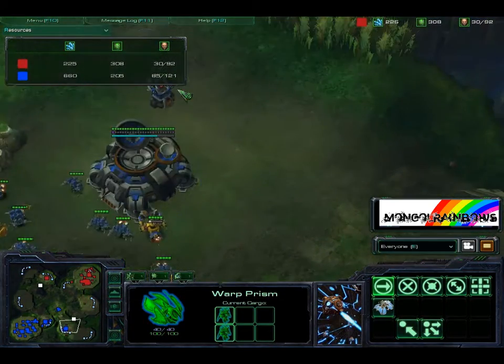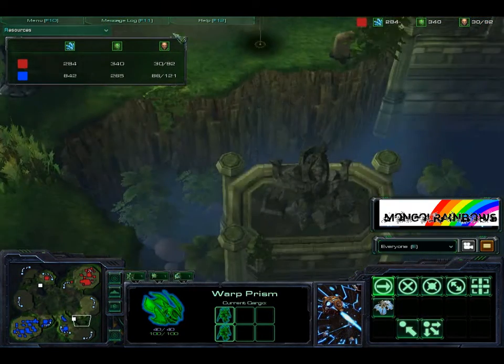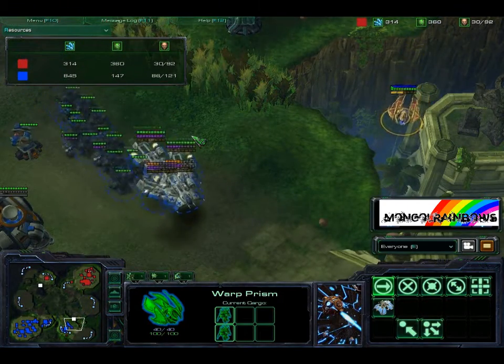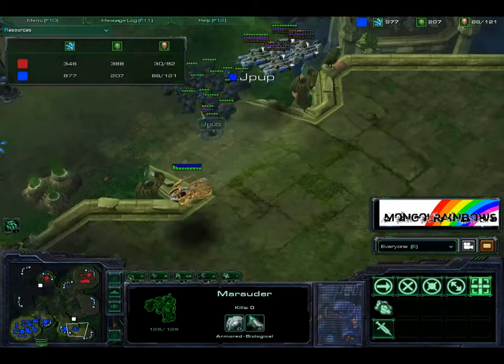like there is at least 1 turret up, which is going to make this warp prism play a little bit harder for cheesechild. And jpup is psychic. jpup knows exactly what's going on. jpup is moving in to intercept this warp prism. This warp prism is spotted by jpup,